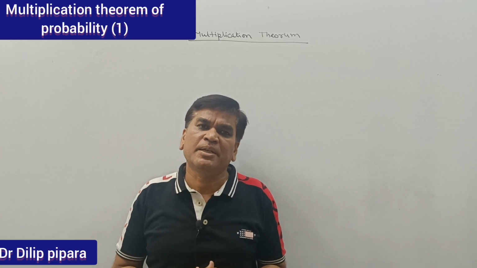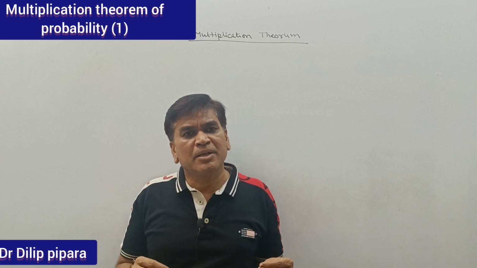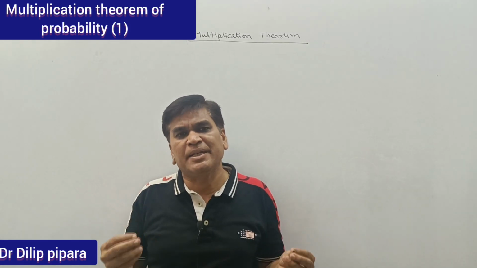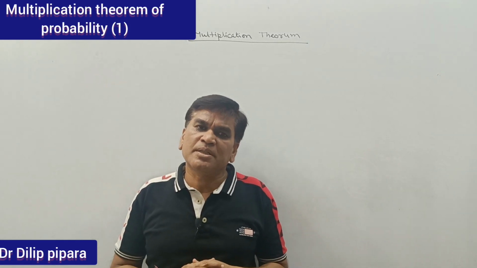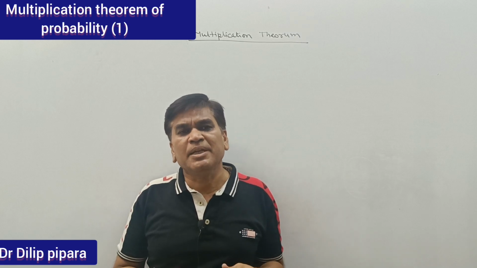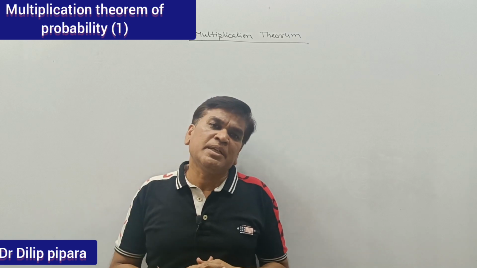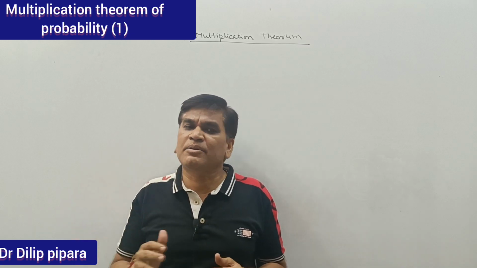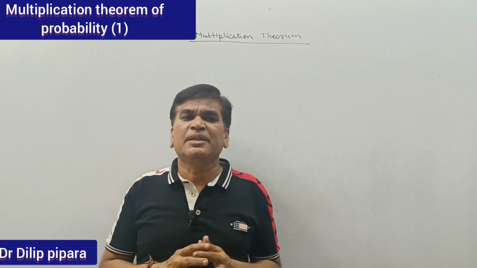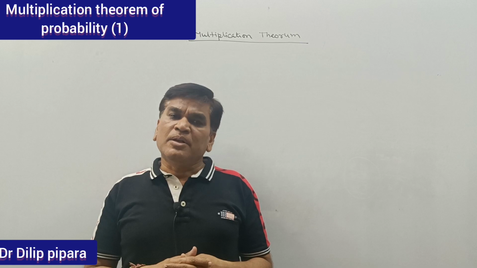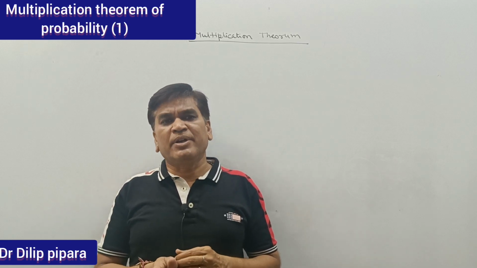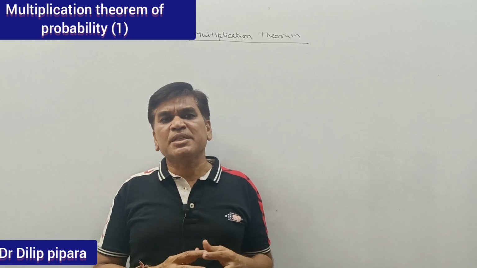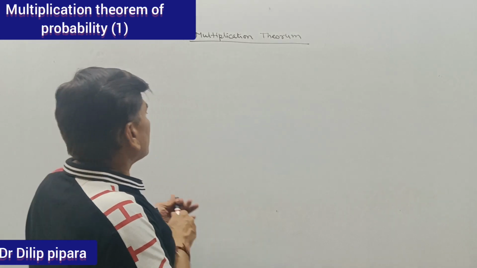When two or more events are free of each other, it means that if events are independent, then we use the multiplication theorem of probability. Events are independent when one event does not have any effect on the second event. In such a condition, when the events are independent, we generally use the multiplication theorem of probability, and that is probability of